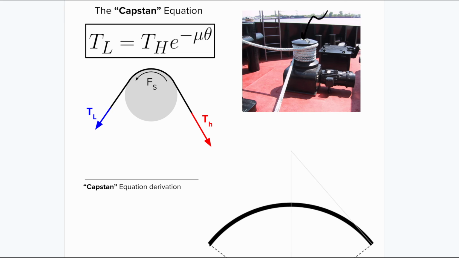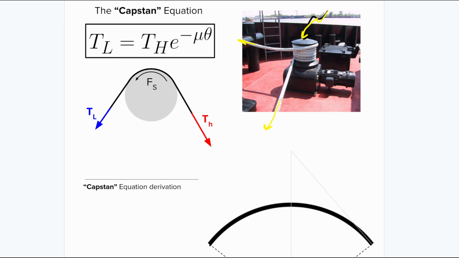You see it right here? And you wrap this rope around it. Why would you do this? Well, because maybe you've got Moby Dick on this side. You're like, oh my God, I don't want Moby Dick to get away. And he's pulling with all this force. My sailors aren't strong enough. Well, what you do is you wrap the rope around this thing, and the friction helps your sailors hold on